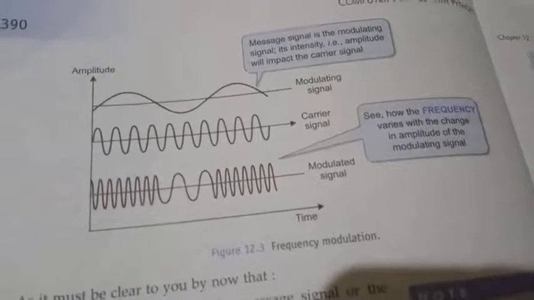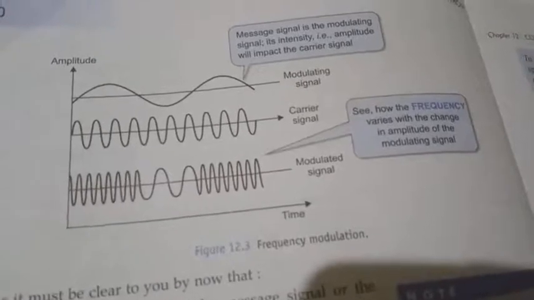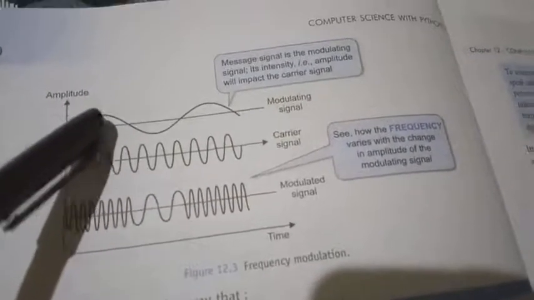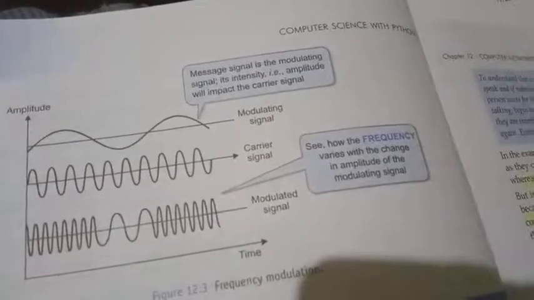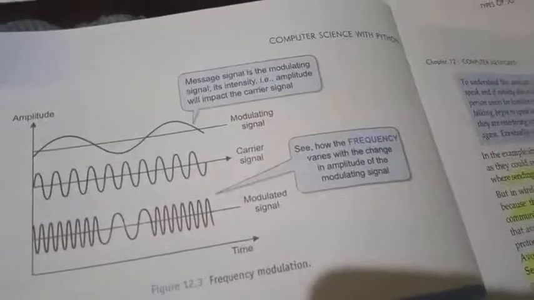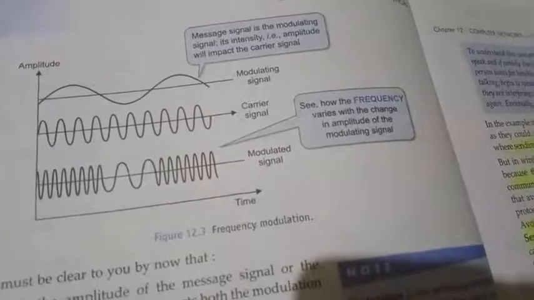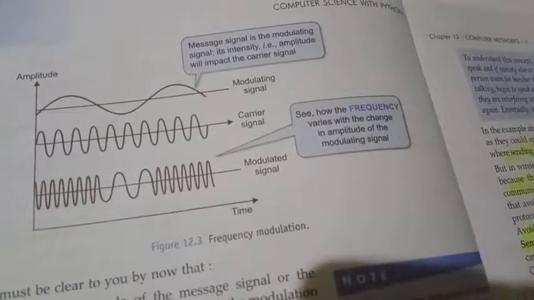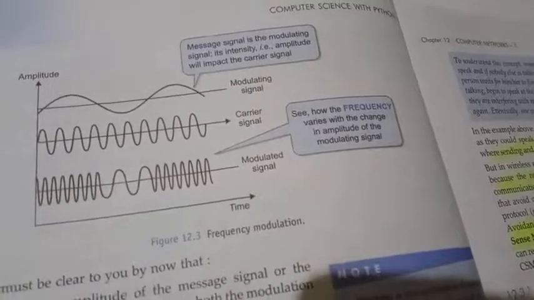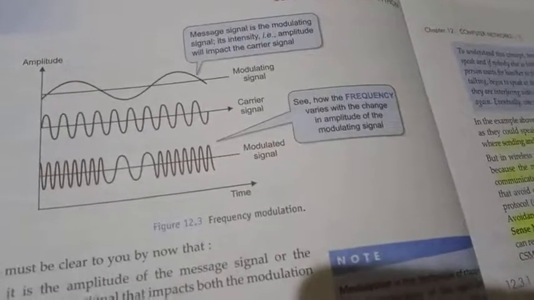Look at that in the first half, in the first upper part, this area. In this first upper part, the carrier wave frequency is changed, so frequency is increasing. In the downside, in the middle part, the frequency is less. Then again in the next upper part the frequency is increased. Frequency means number of oscillations per second. So this is called frequency modulation.